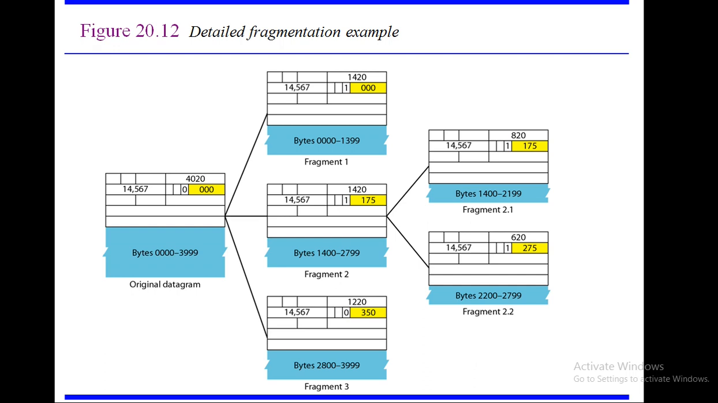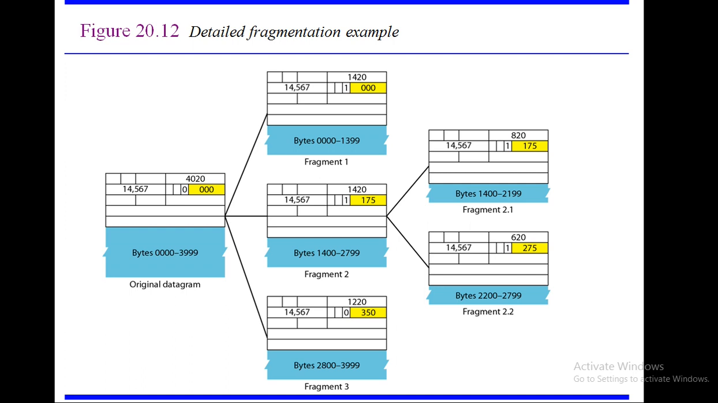4020 is the total length, and flag does have 0. It means the M field does have 0. It means there are no more fragments, meaning it has not been fragmented yet. Okay. Now the last one, the offset, is 000 because it has not been fragmented. But this original datagram cannot be sent through our network because our network is not capable of carrying this much load, so it will be